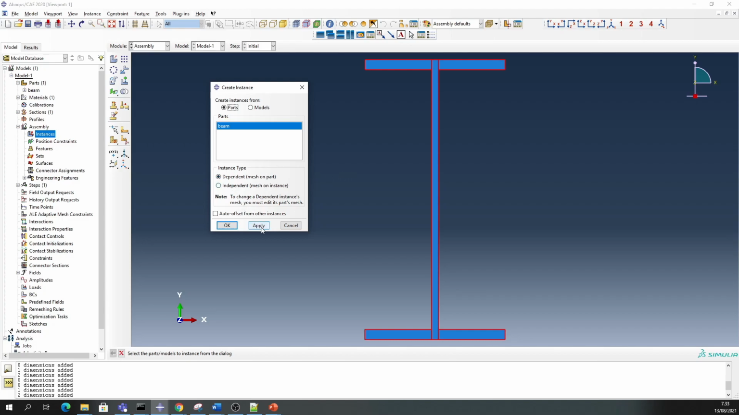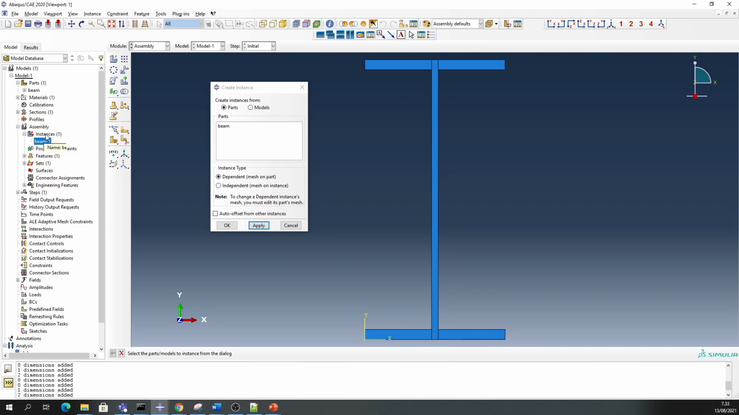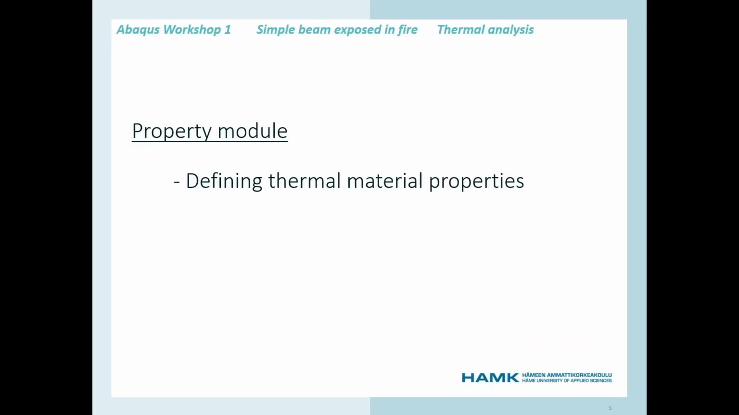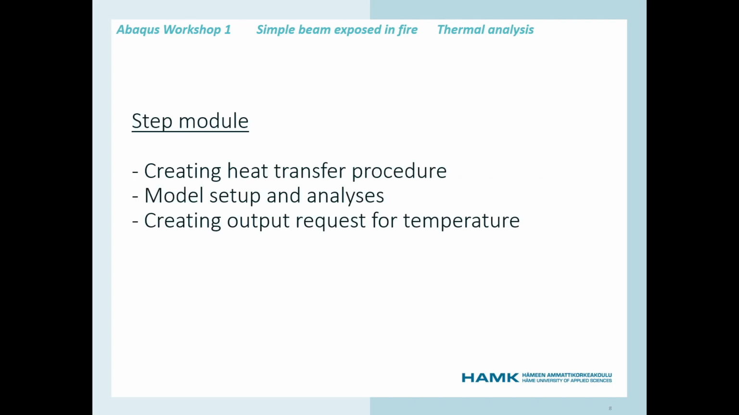So okay, we say dependent on mesh part, then we apply. So our instance is created here, the beam instance one. After the instance is created, we go to another module, the step module. Alright, so we have defined the material, and now we have defined the assembly module, created the instance, and the